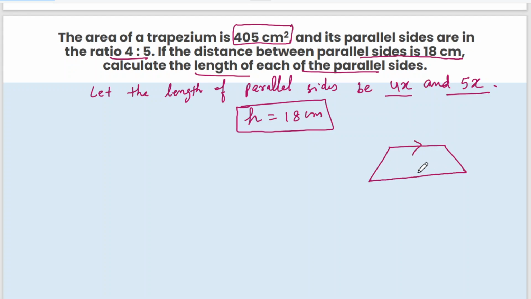So this is your parallel sides. Let us keep them as 4x and 5x. Now height is given as h, and this is given to you as 18 centimeter. So area of trapezium equal to